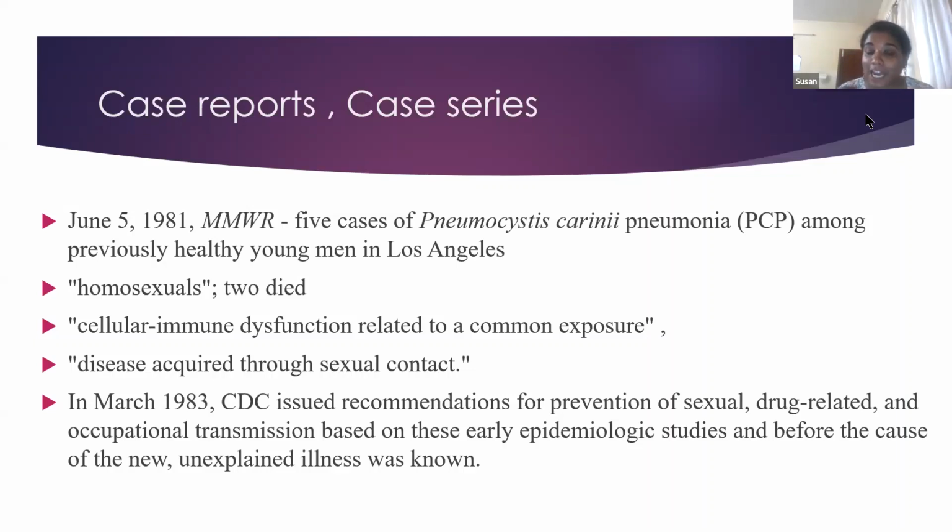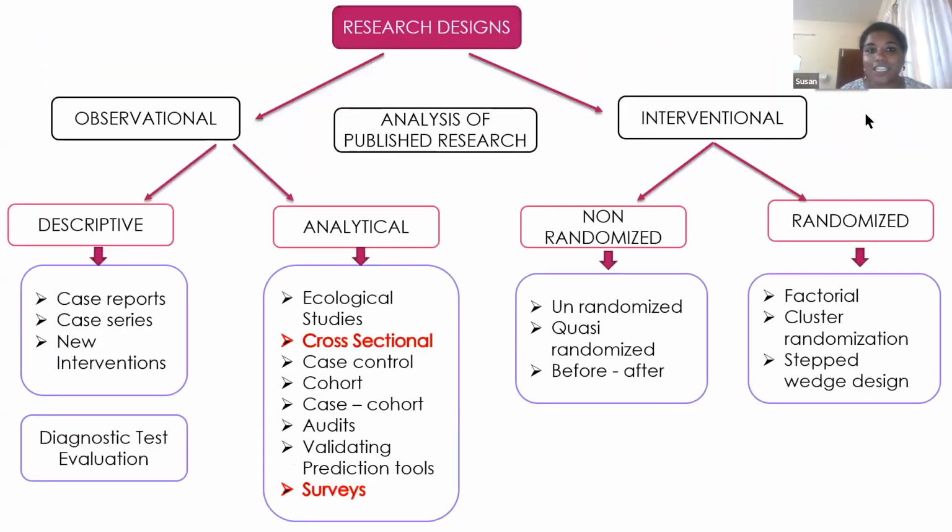So this makes us understand how relevant a case report is. We can have a single case and describe why it is different, why it does not fall into our usual known set of diseases, and how it can later bring about knowledge of one of the biggest epidemics in the world. Case series is where we have a set of such cases, common clustering. In the case of COVID, the first report in the world was 40 cases of pneumonia of unknown cause in Wuhan, China. So we should never underestimate, is the point I would like to put across, the role and the importance of case reports and case series.